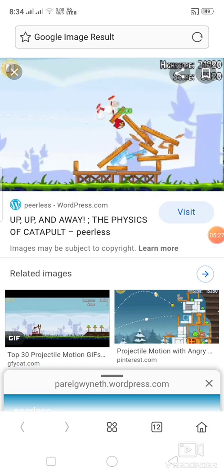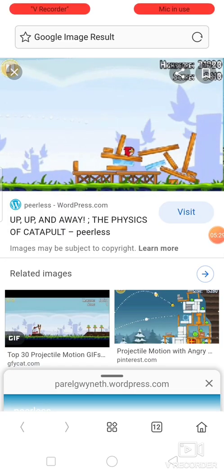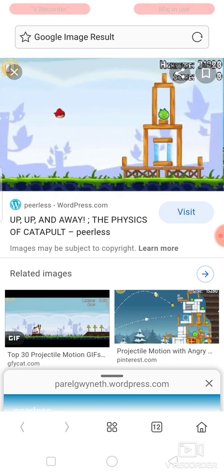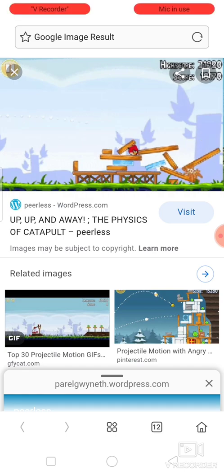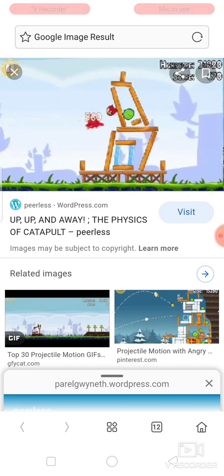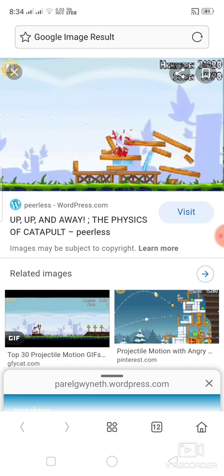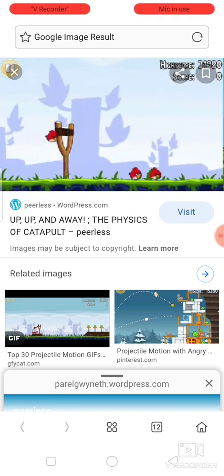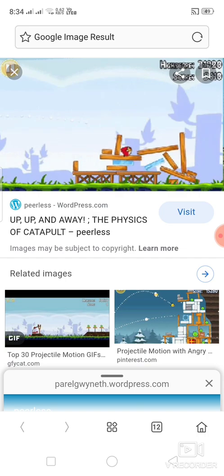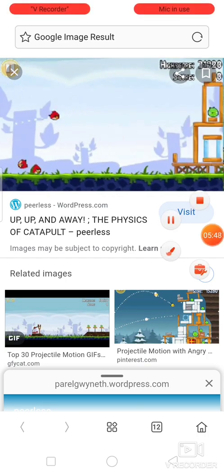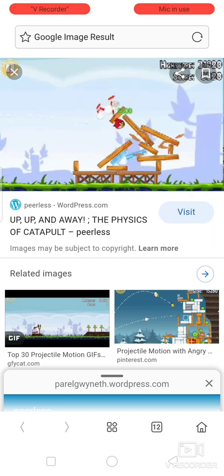I hope you all might have played this Angry Bird game. See, the path followed by this Angry Bird is curvilinear motion. Yes, you can change the curvilinear path according to the angle you fix. So this is a very common example that you have used in your daily life. The Angry Bird game is an example of curvilinear motion.